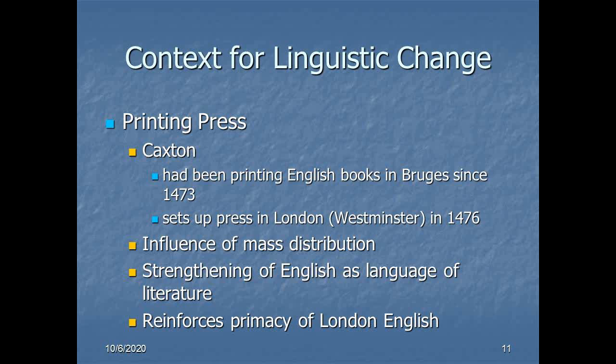So what this meant is that increasingly, in addition to the influences that we've already discussed, London English became this homogenizing dialect. It became the dialect in which the written word was disproportionately preserved. And of course, in illiterate culture, the written word virtually always has more authority than the spoken word. Another effect of the printing press was that the written word was no longer under the authority of the church